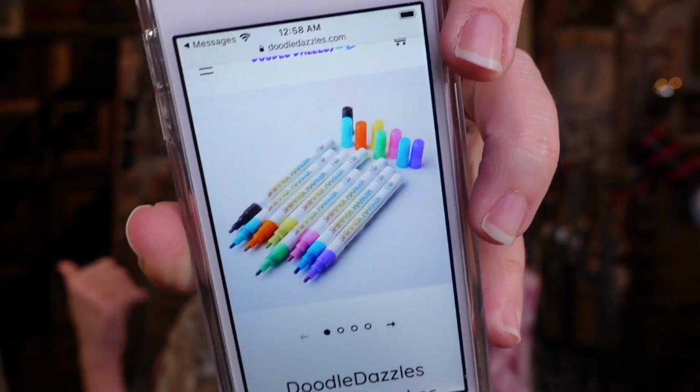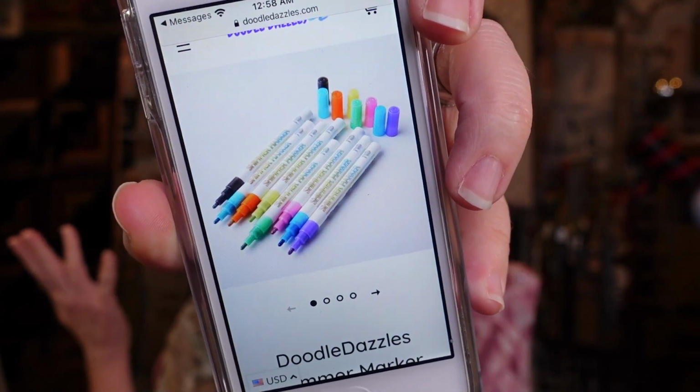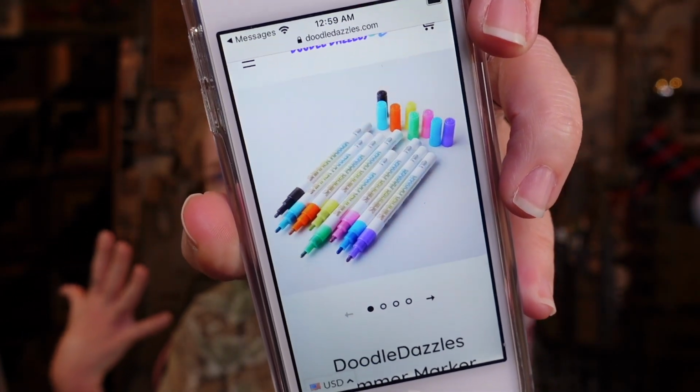This is actually like a whole website. They say just shimmer markers on the barrel, so I don't know. This is one of those territories where it looks like this potentially could be a fake type product. I don't know, you guys. I gotta stop going down the fake product rabbit hole because so many of my videos lately, but it's almost like the internet has just exploded lately with these fly-by-night